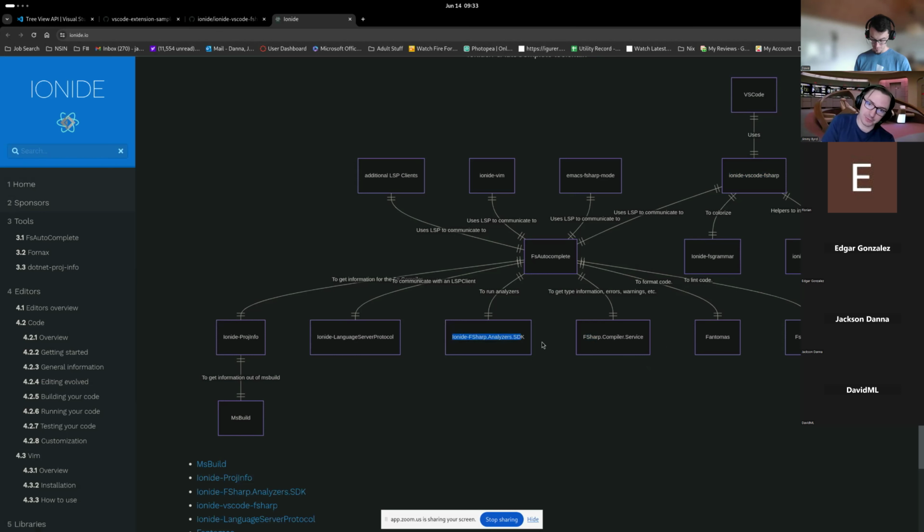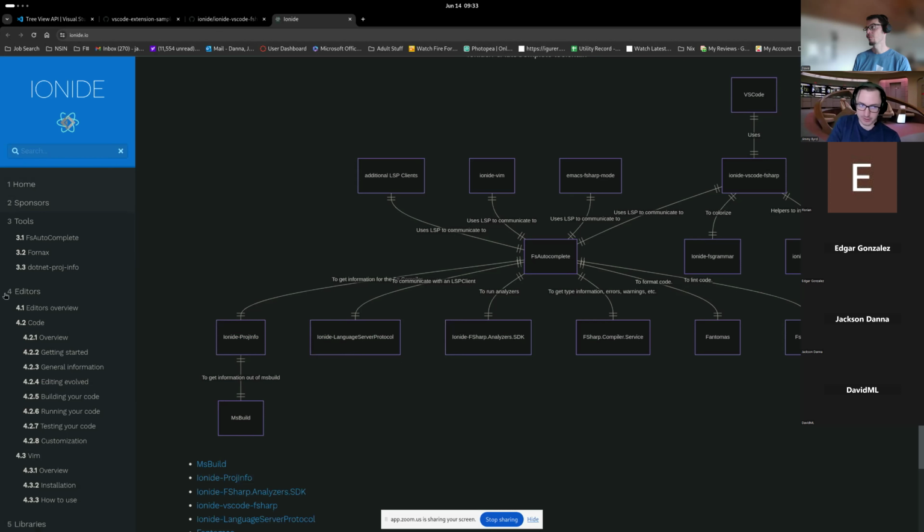Then there's the Language Server Protocol, the part I just showed that gives us all the type definitions. And then there's Ionide.ProjInfo, which allows us to communicate with MSBuild. That's how you actually load in project information. We probably don't have to interact with this project, I think, because it's basically a glorified reload of stuff from MSBuild.